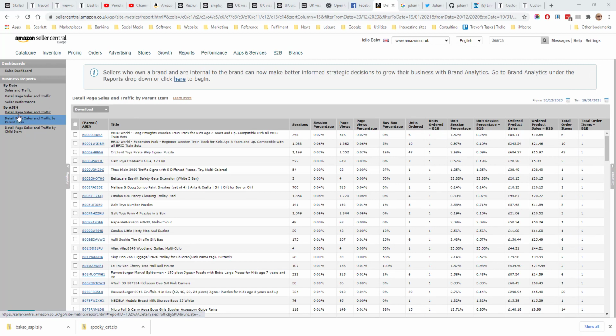The first and the third report, Detailed Page Sales and Traffic and Detailed Page Sales and Traffic by Child Item, both show details of performance of child items within your account. The middle one here shows the details by parent item. If you recall, a parent item would be a type of item, and a child item would be like a